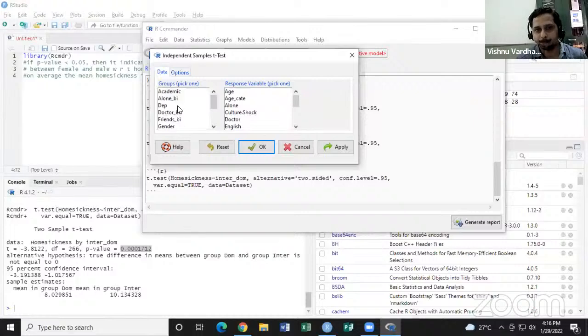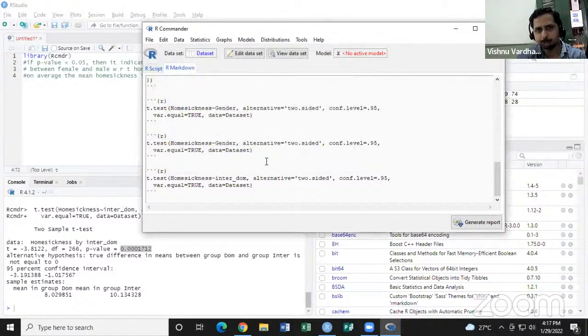Depression, yes or no. Like all of these are yes or no. Gender, male, female, domicile, international and domestic, internet, intimate, yes or no, yes or no. All these are yes or no kind of categorical variables only. That's why they are all displayed here. Now, if I wish to do the comparison of homesickness or fear or any other relevant variable across more than two categories,